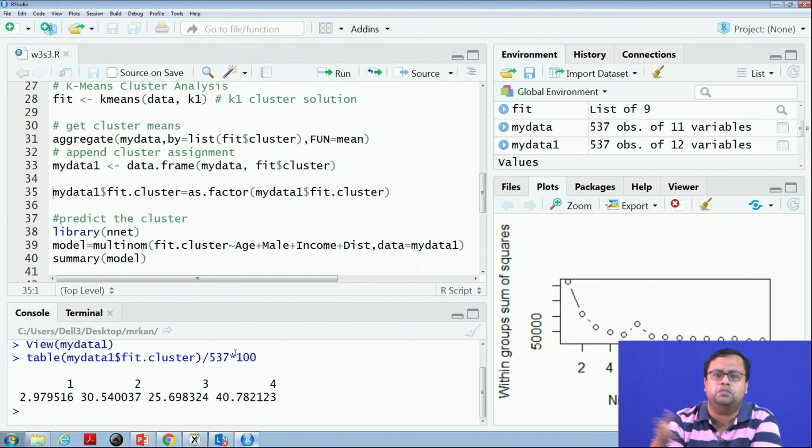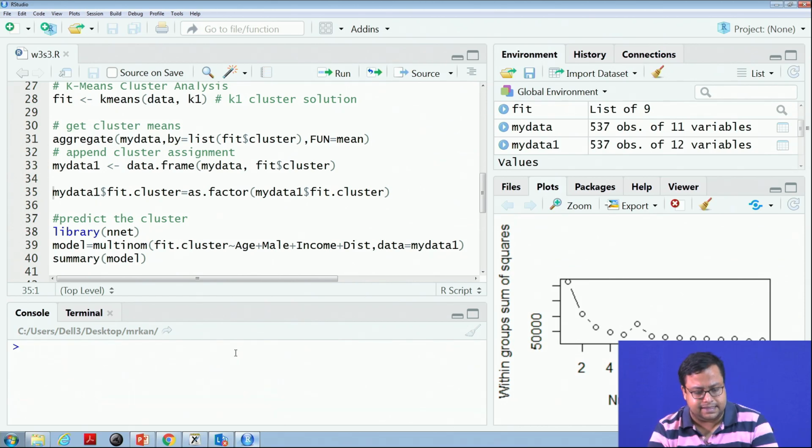That makes sense because B2B buyers will be few. How many kirana stores will there be in a locality? 20, 50, but there will probably be 10,000 customers and 50 retail stores. So, B2B purchases will be less, which is why 3%, and the others are 30%, 25%, 40%. So, they are fairly well sized.